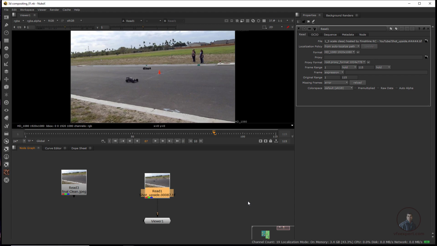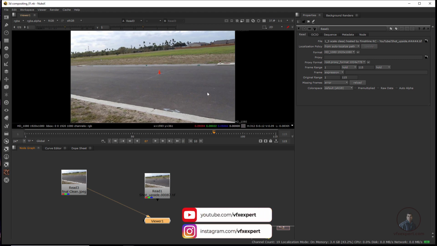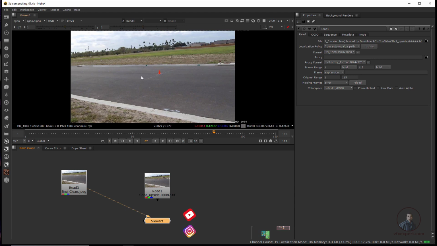So today we are going to see 3D compositing with Nuke and Maya. In our previous video, we saw something similar in our rig removal. So let's select this one and press 1. This shot is from our previous video, a rig removal with Furnace in Nuke. If you want, you can also watch my rig removal in Nuke video. Now, today we are going to see 3D compositing with Nuke and Maya.